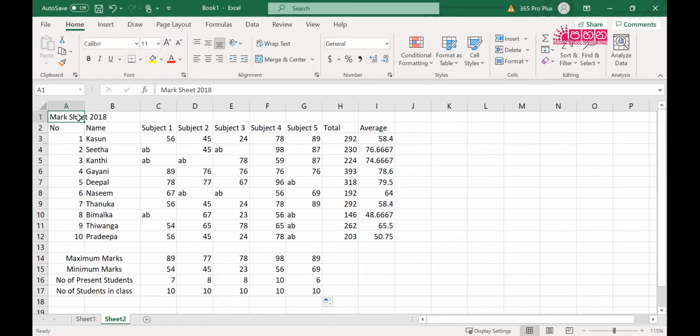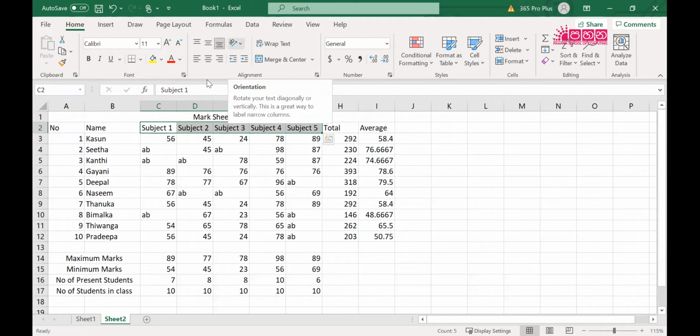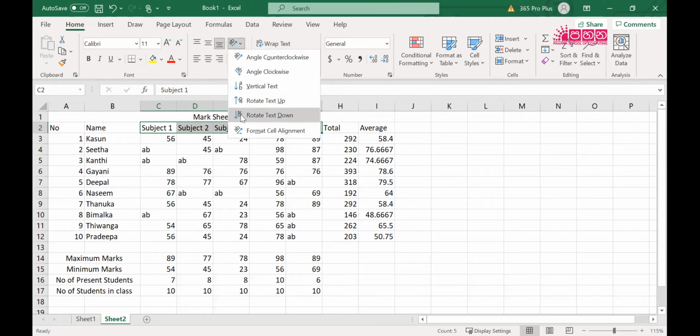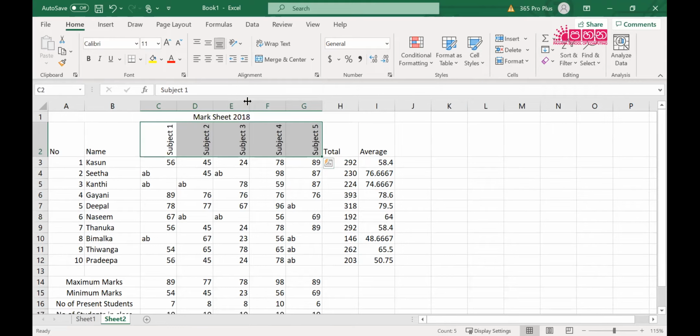Right. Mark sheet, I will first of all merge and center. And then we can change the text direction. So orientation. It says orientation. And then in this case, I have to use rotate text up, which will give you this.